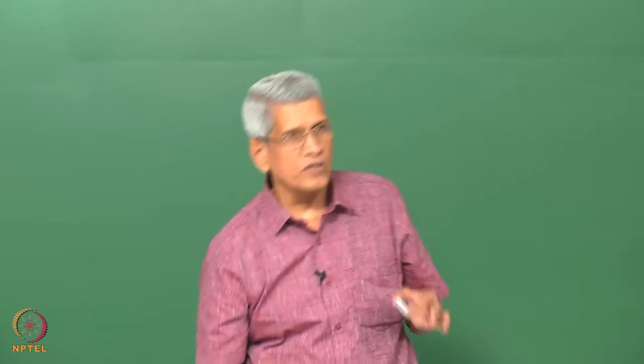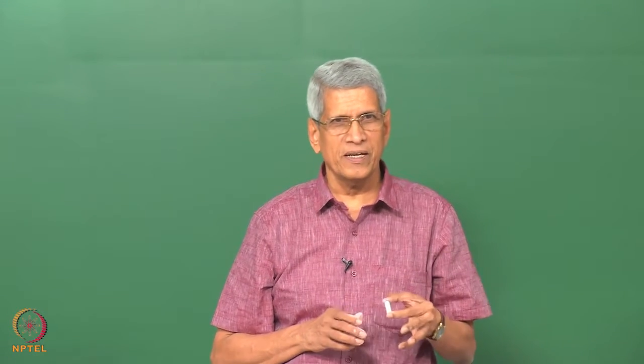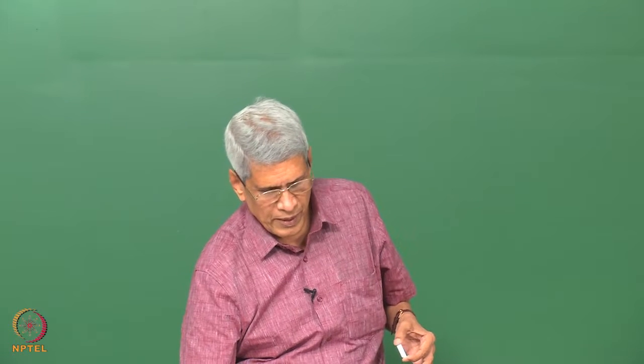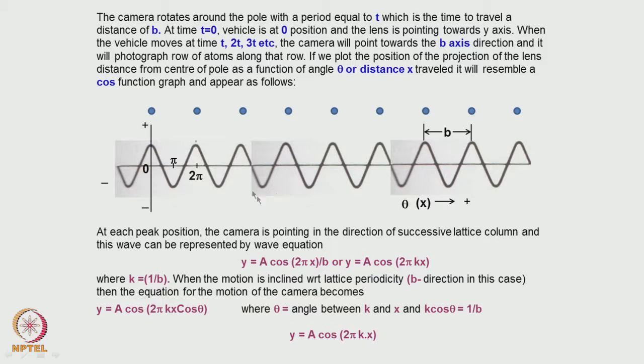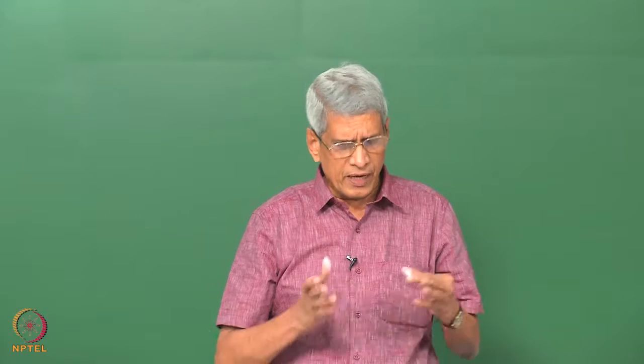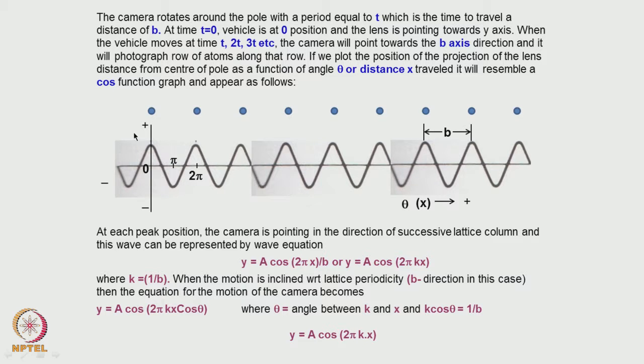So, if this wave has to be represented the way this camera moves, we have to represent it in the form of an expression. What sort of expression will we use? This is y equals a cos 2 pi x, and if b is the distance between them, this is the way the expression will come, correct. So every time the camera reaches this particular one, it clicks the photograph, because all other layer atom positions are just behind it. Suppose instead of moving it parallel to this, I am moving it in this direction, then what will happen?